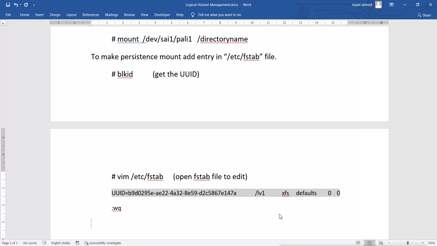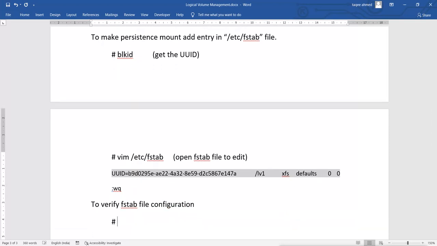And also, to verify the fstab file configuration creation, what we do, we mount this.